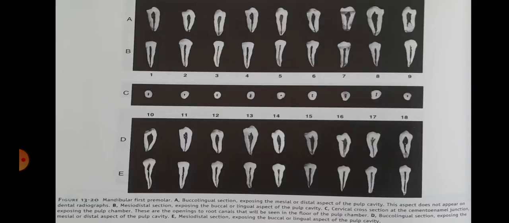In figure 13.20, C1, 3, 4, 6, 8 and 9 are triangular. You can see this in figure 13.20 C7, depending on the external shape of the root. If two separate canals are present and the cross section is below the bifurcation level, 2 or 3 canals will be seen rather than elliptical or ribbon-shaped canals.